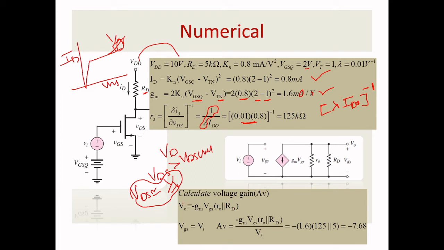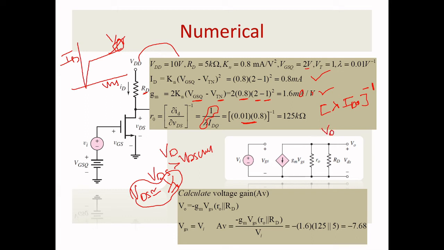When you see your output voltage, let me first come to this equivalent circuit. What is the procedure you have to do? You have to remove the DC supply. When you remove the DC supply, this RD will come to the ground. Then I want to replace this MOSFET with the mathematical model. So VGS, gm VGS, and R naught, since here you have channel length modulation, so R naught was represented.